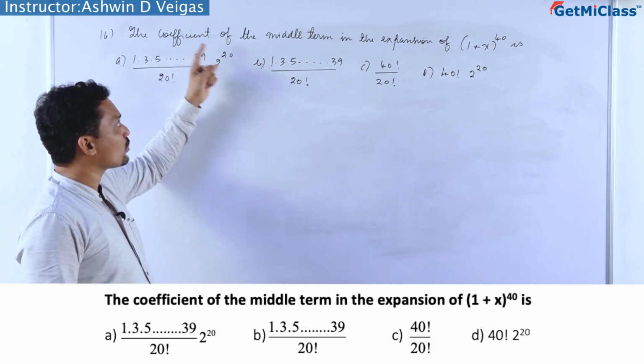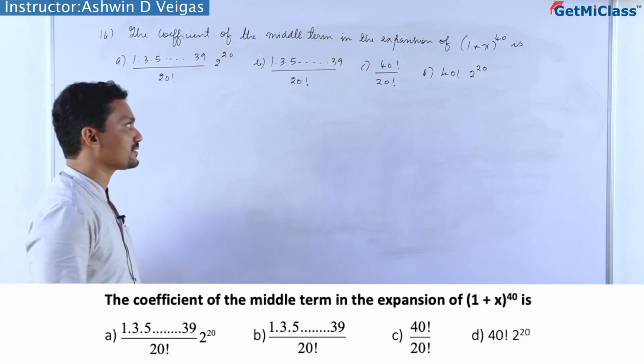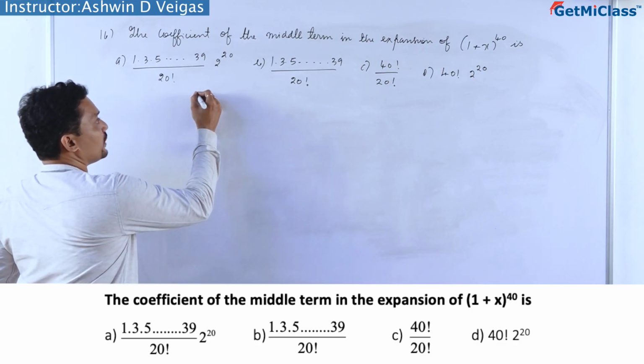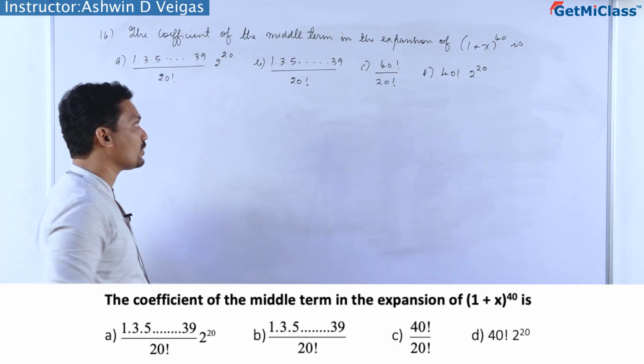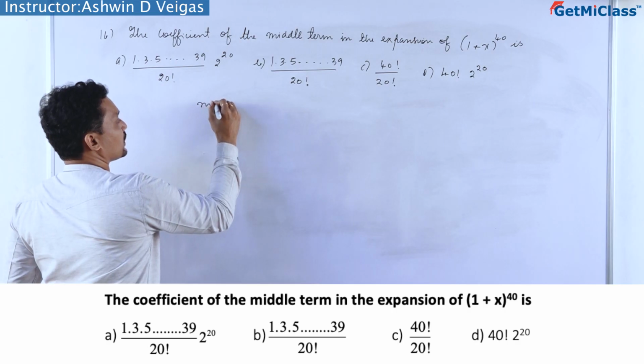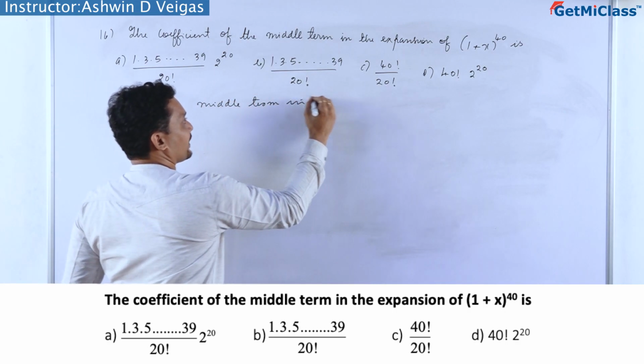16th question: the coefficient of the middle term in the expansion of (1 + x)^40 is. Okay, now we will go by a simple shortcut. I have referred to this in question number 15 also. The middle term in (1 + x)^n,